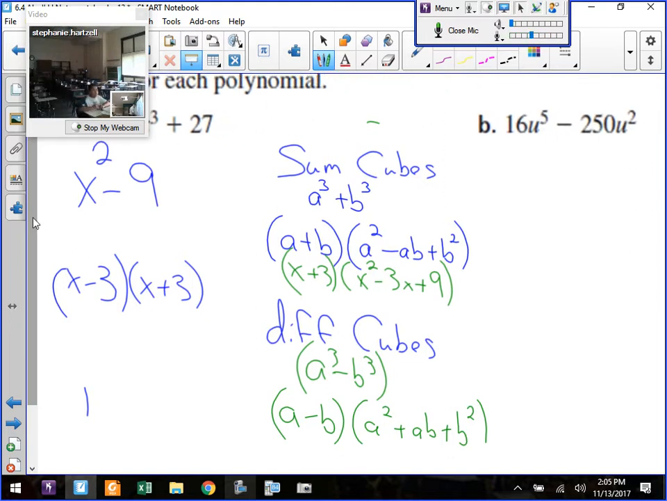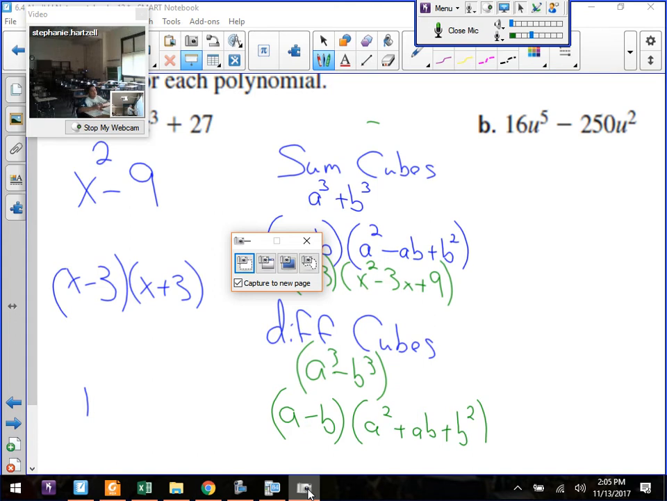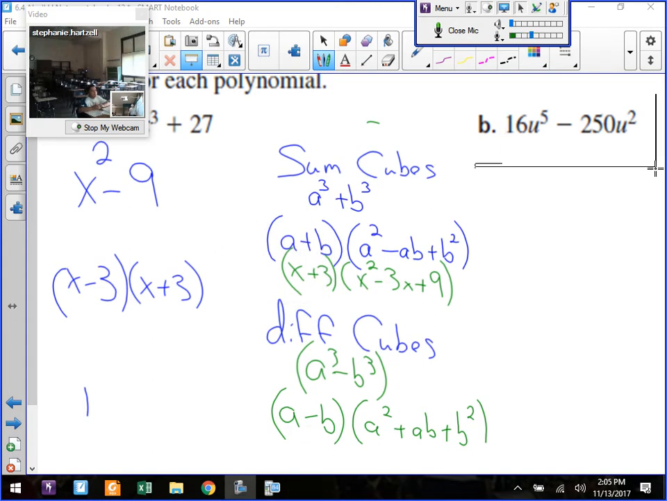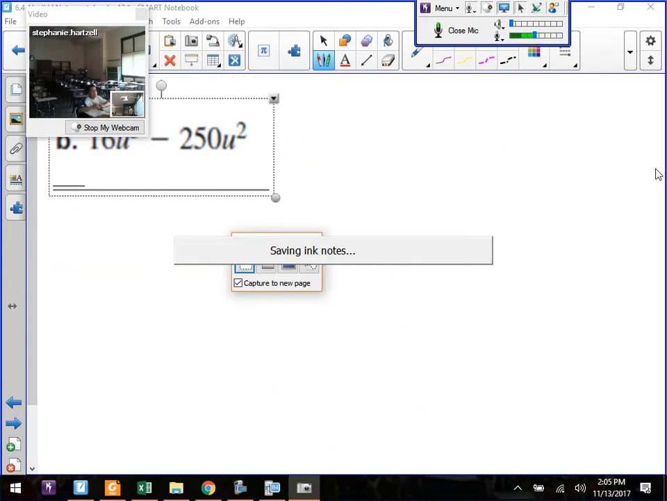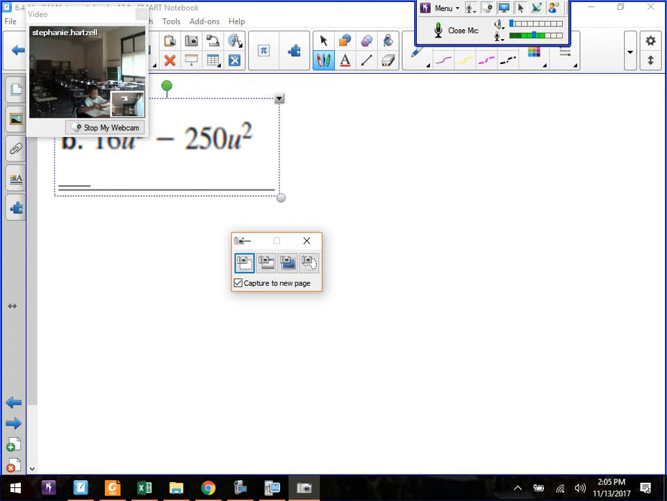I'll show you this one. Yeah, you're done, because that's fully factored. That's what it would look like if it was fully factored. Same deal here. If I go into this one,